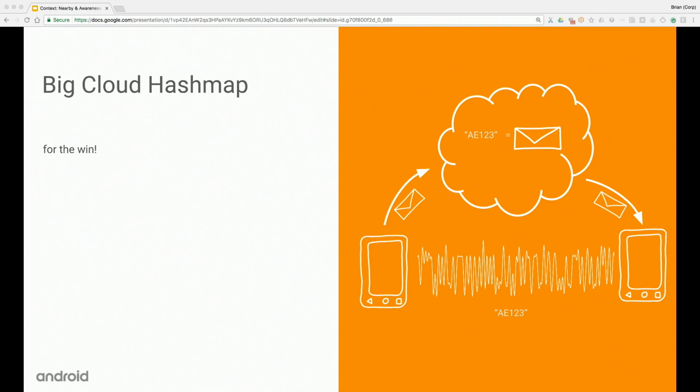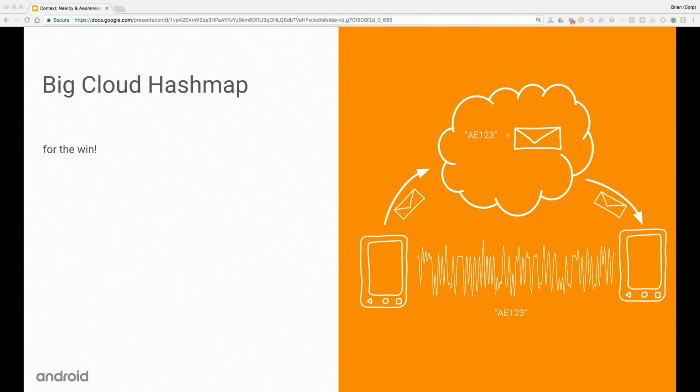So the problem, however, with both of these technologies, the Bluetooth beaconing mechanism and the audio mechanism, is that we can only transmit really small amounts of data between devices this way. The audio one is limited by reliability. If you send more data, the reliability decreases almost linearly with the length of the data, and so we have to limit it to a fairly small amount of data in order to make sure that the signal gets across. And similarly, Bluetooth is sort of limited by its specification in terms of how much data you can send.